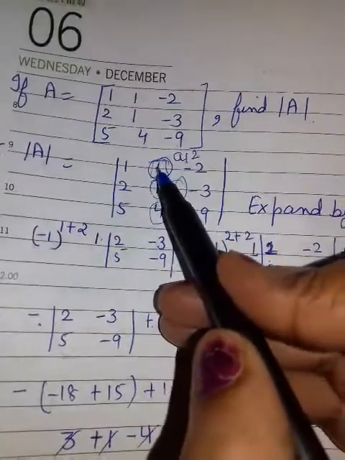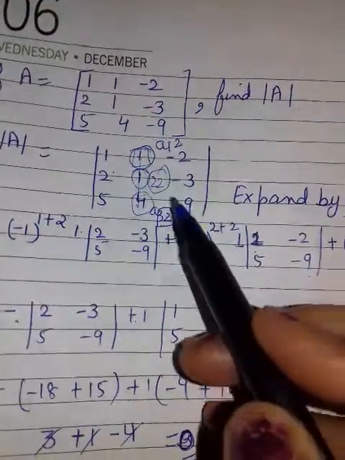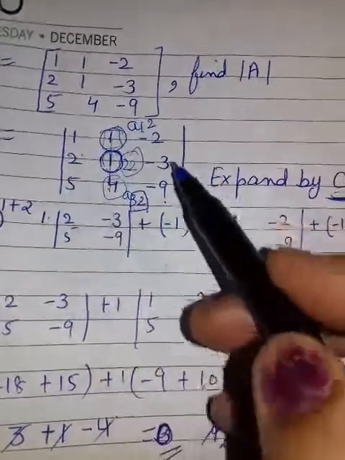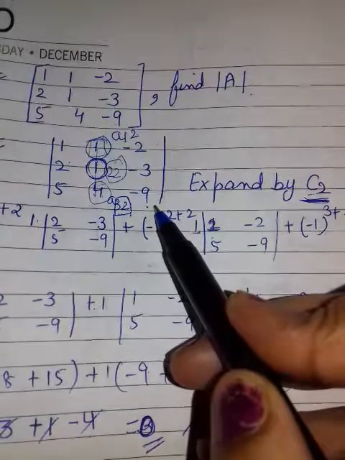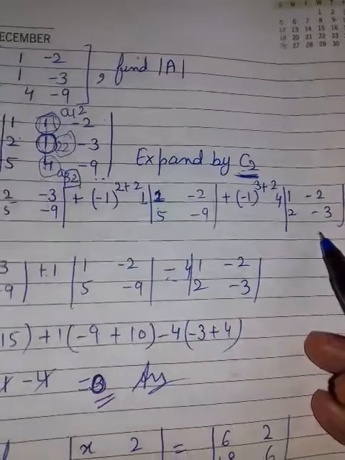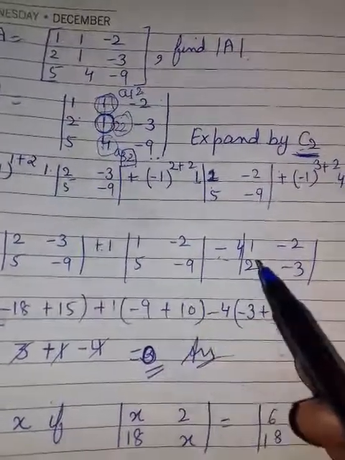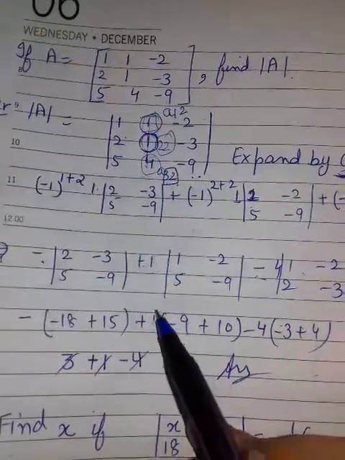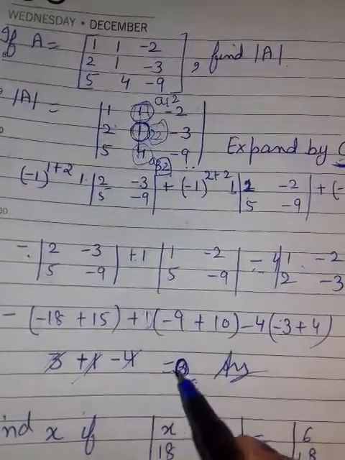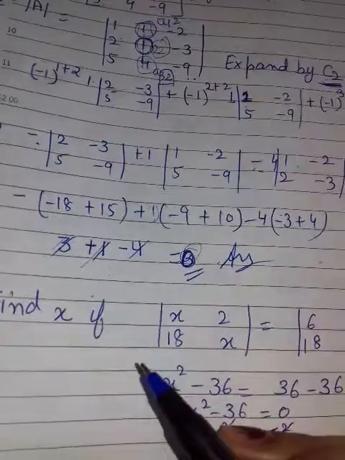And whenever you are taking this element, then you will not take this, you will take 2 5 minus 3 minus 9. Whenever you are taking this element, then you will skip these two, 1 5 minus 2 minus 9. Means you will not consider those elements which are in that row and that column. Similarly for that one. Clear? Then you will solve. Yes, here also we follow the same procedure. Then you will multiply the outer element with that. You are seeing each is cancelled by the others, so 0 is your answer.